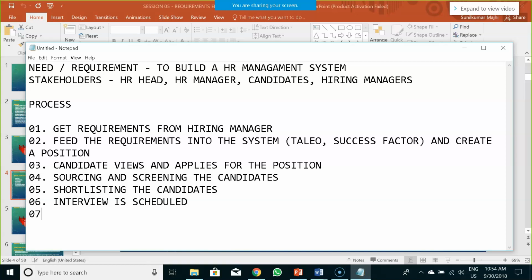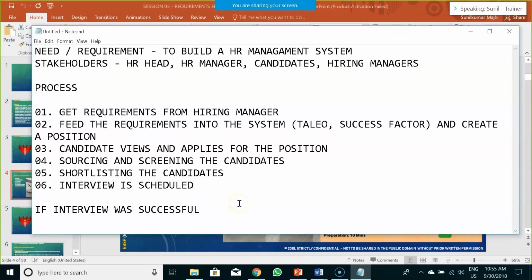Okay. After that interview is scheduled, let's say there are two processes over here. Once the interview is scheduled, one process is if interview was successful, and the second process is if interview was not successful.